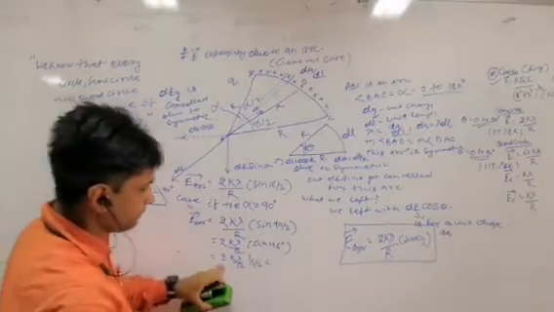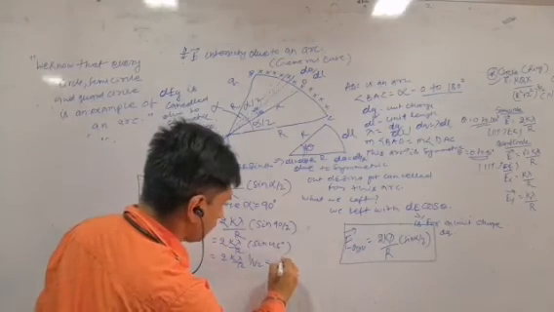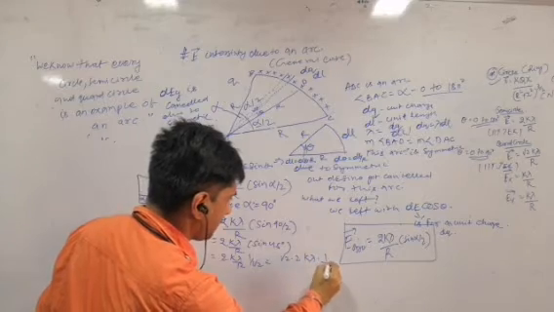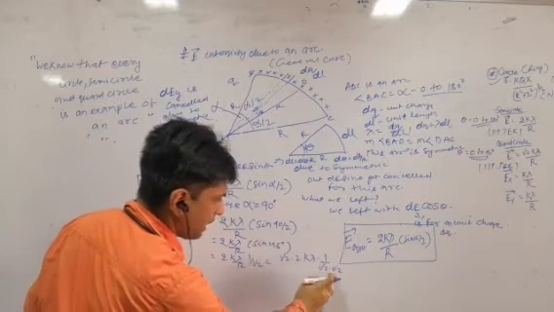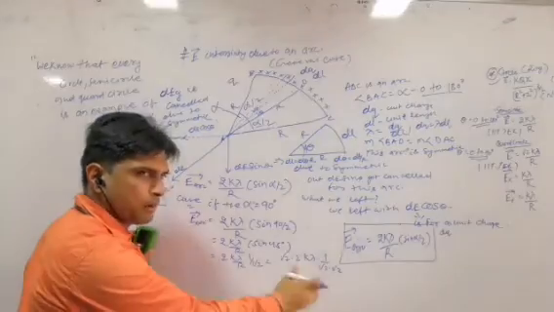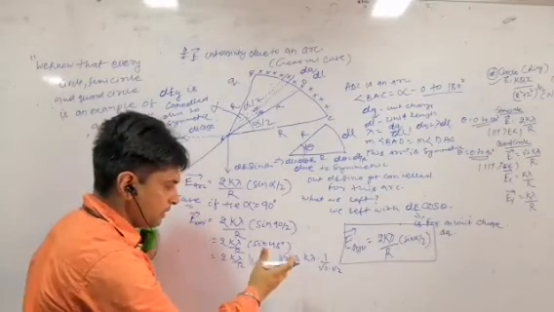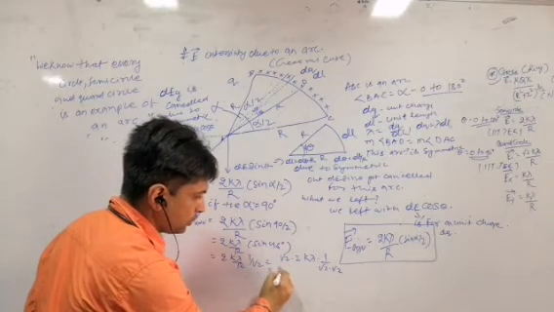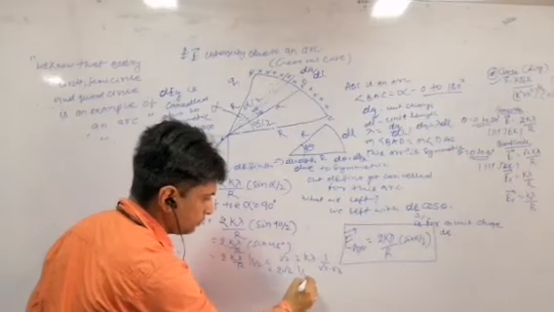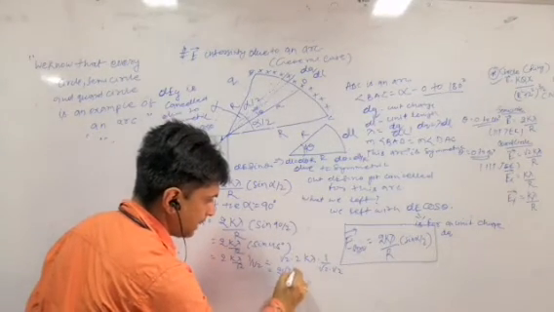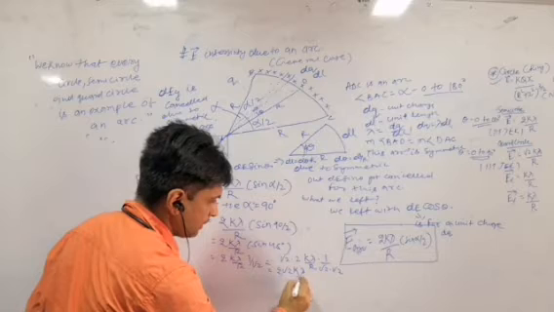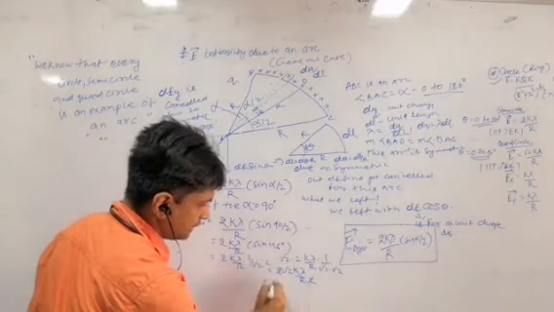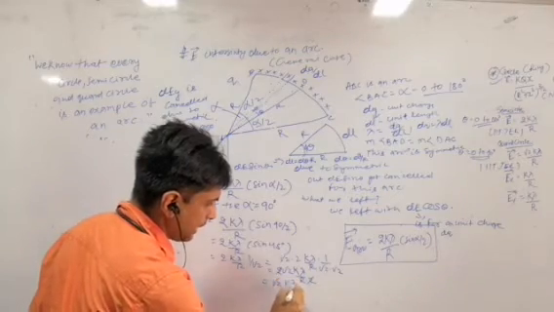Okay, so can you make it? What do you write? Root 2 into 2k lambda into 1 by root 2 into root 2. Can I multiply root 2 here? I can multiply the same thing in numerator and denominator. So what we get? 2 root 2 by 2 root 2 k lambda by r. This 2 got cancelled. So we get root 2 k lambda by r.